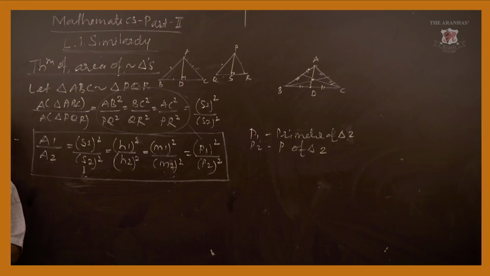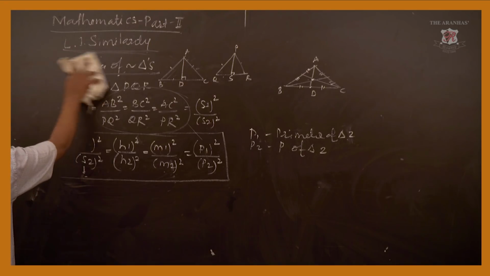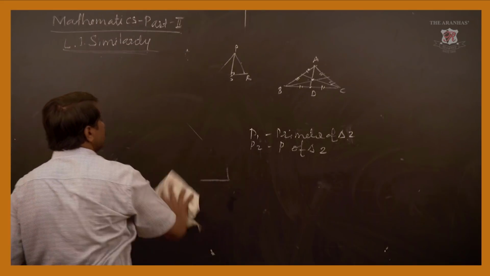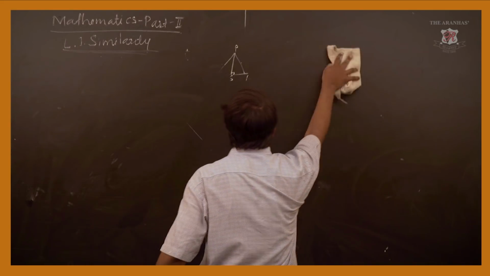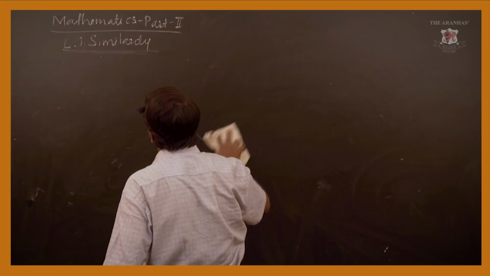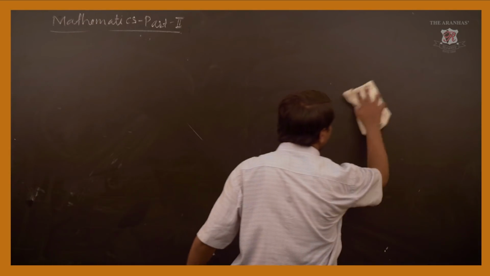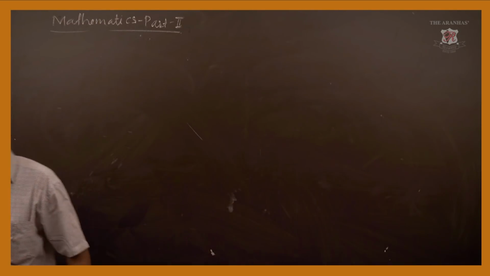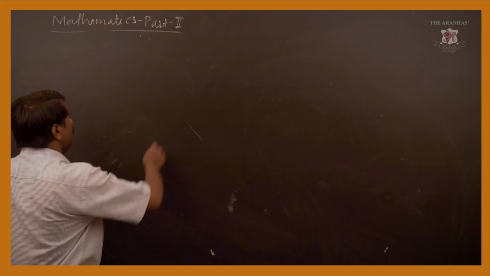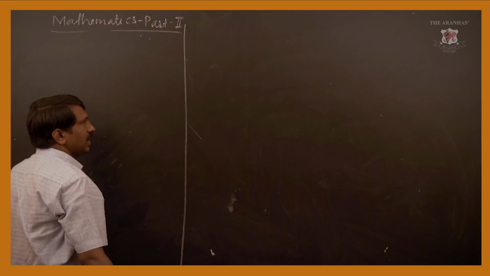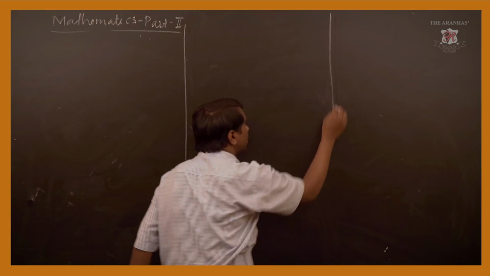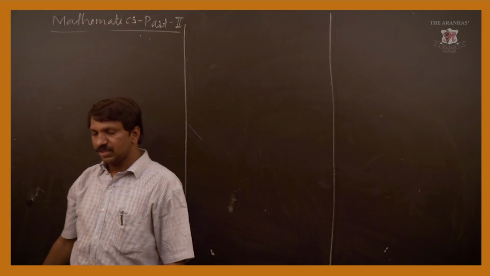So this was today's last and very important theorem, and now we are going to discuss the next part, how to solve examples based on it. For solving the examples, immediately we'll revise what concept we studied. According to that, when 2 triangles are similar, the ratio of their areas equals the squares of their corresponding heights, as well as corresponding sides, and not only the sides, also their corresponding medians. Let's see a few examples.